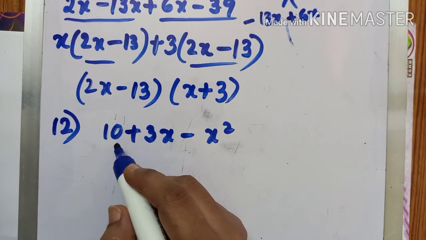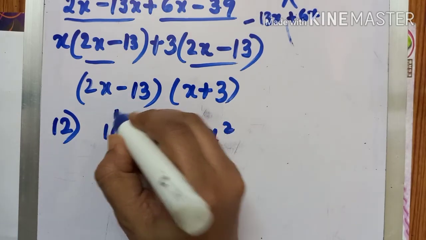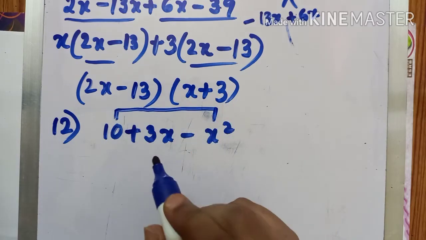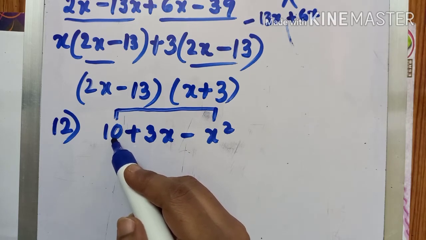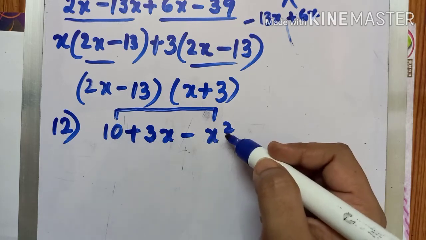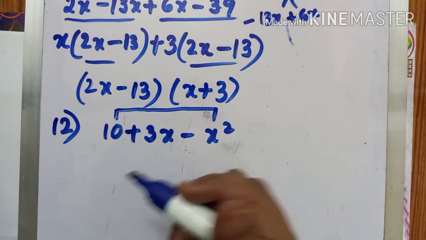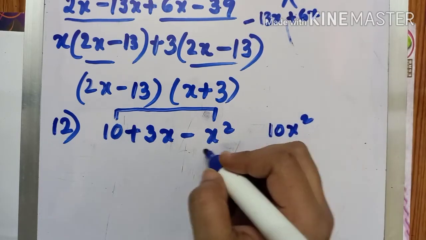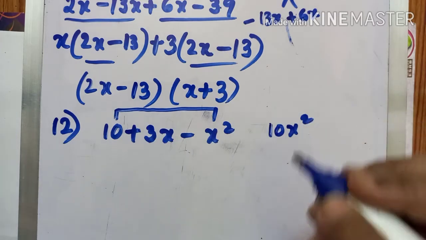Okay, so the question is 10 plus 3x minus x square. Okay, so the same thing, first and last term you are multiplying. So what difference can you see here? The difference is the constant term is given first, and this x square is at the last. So there should be no confusion if it is given like this also, nothing to do with that. Okay, 10 into x square will be 10x square only, or else if it is 10 here or x square here, then also 10x square only you will get. Fine.